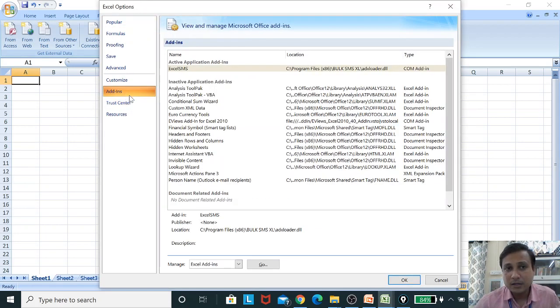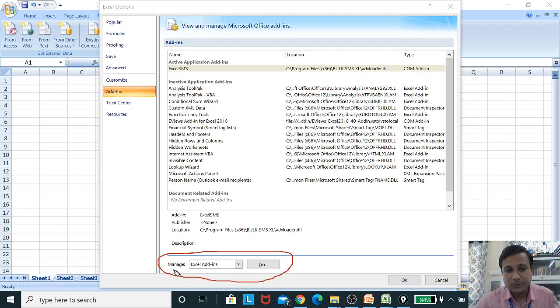Once I click, again a new dialog box appears, and in this new dialog box you can see that to the lower side here is the option Manage. Now here if you click on this button, there are again 3-4 options, but you will have to choose Excel Add-ins and then click on the Go button.